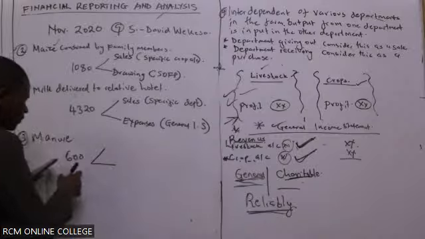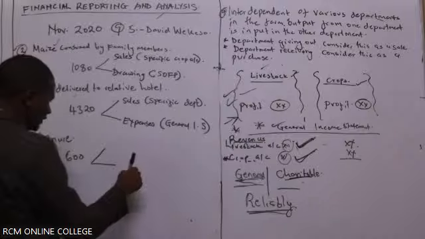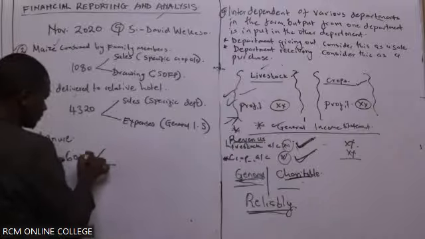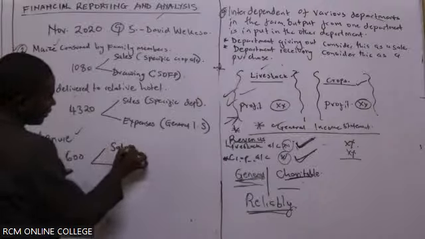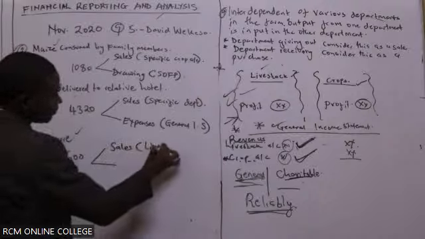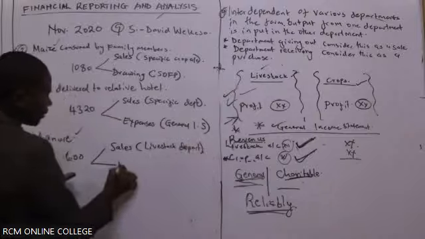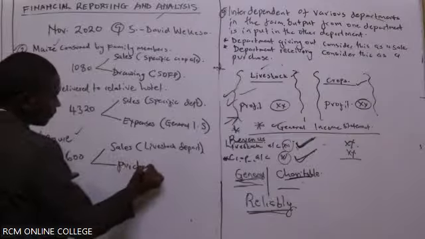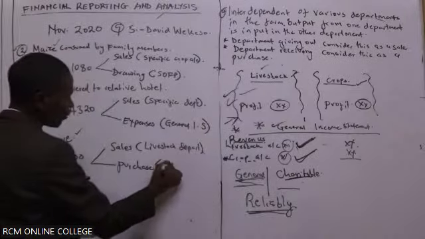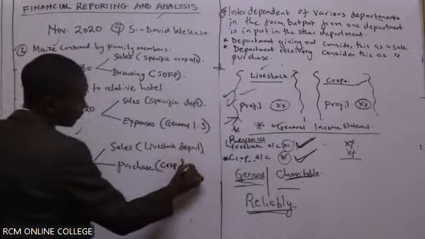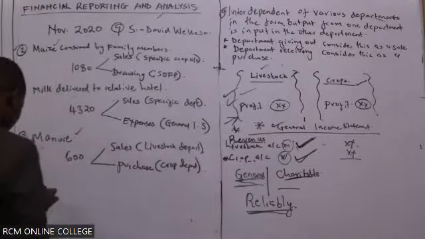This manure comes from the cow shed and goes to crop. Crop will take it as a purchase. And what will these take it as? The livestock department. It's a sale to the livestock department, so the sales will increase. And these will take it as a purchase, to what? The crop department. That is very nice. That manure, we are done. We go to the other item.